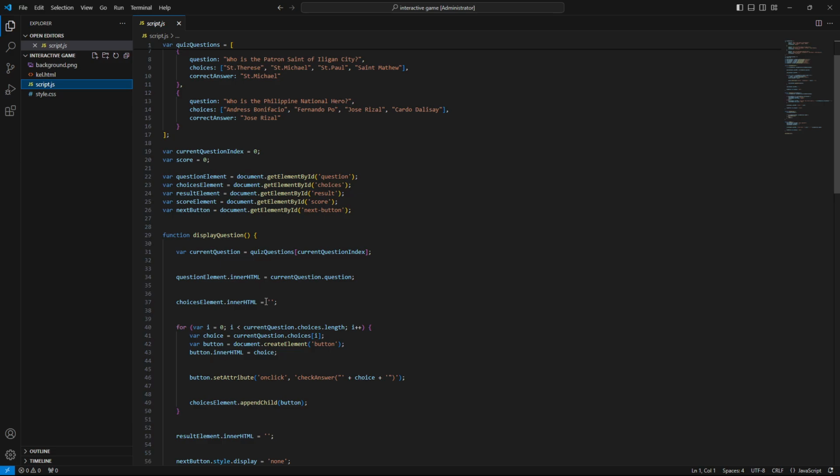And to clear the previous choices, I will make choices element inner HTML. Then to loop through the choices and create buttons for each choice, I will make a for loop which contains var i equals 0, i less than current question choices length. And to loop this, I will plus, and to var choices, I will put this current question choices, then the button and its choice.